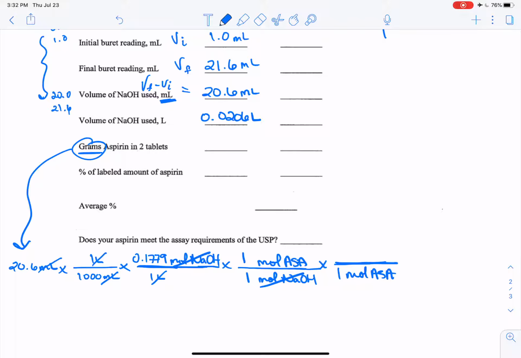And your lab instructions tell you, I believe, that there's 180 grams of acetylsalicylic acid per every mole. If it doesn't tell you that, I'm telling you that now, and you guys can Google that. Or you can add up all the carbons and hydrogens and oxygens in your acetylsalicylic acid and see that it's about 180 anyways. Okay, so we cancel out the moles of acetylsalicylic acid and we use our calculator and, whiz bam bang, we're going to get